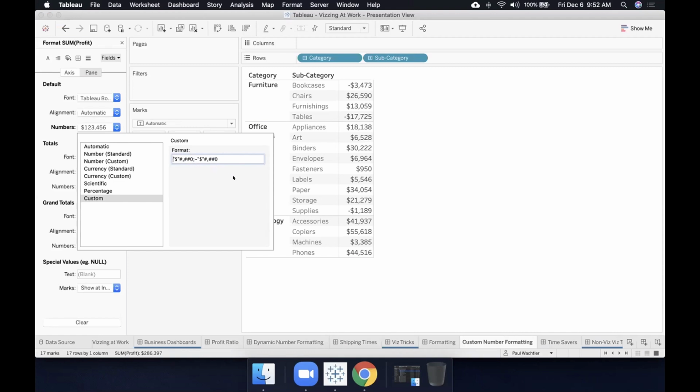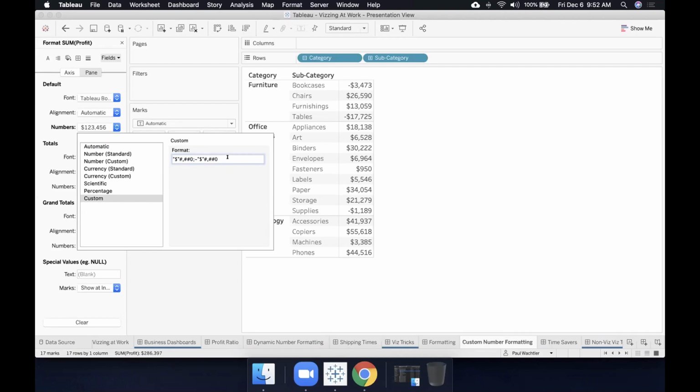The really nice thing about this custom number formatting section is you could add in anything you want here. So let's say you want to see a positive sign before the positive numbers, you could put in a plus sign. Let's say you wanted to say up, you could do that. What's really nice about this custom number formatting, it lets you combine text, symbols, and numbers all in this custom number formatting without needing any type of additional calculation, which is really powerful and really nice.